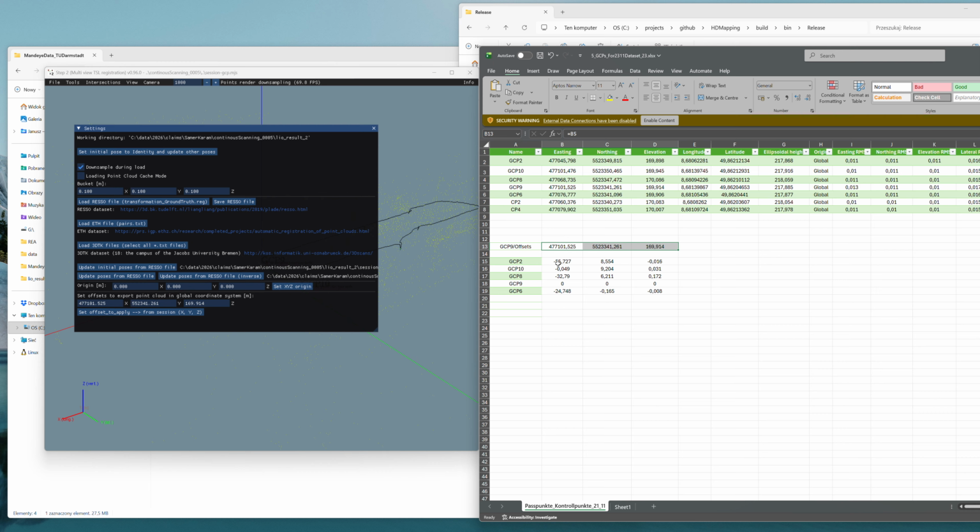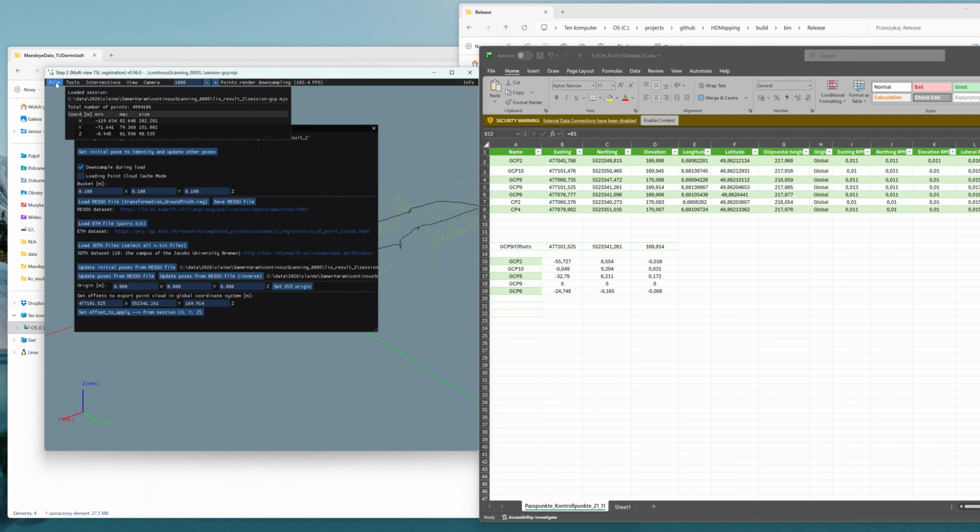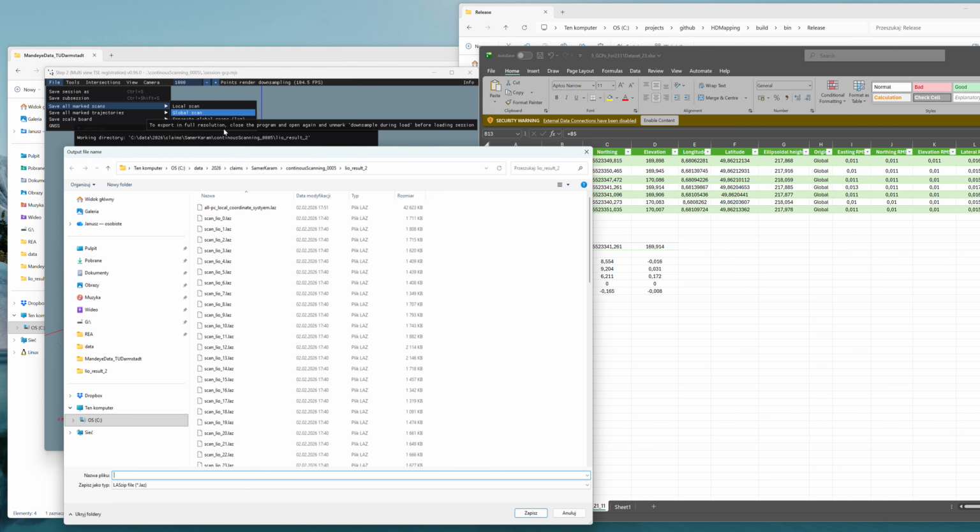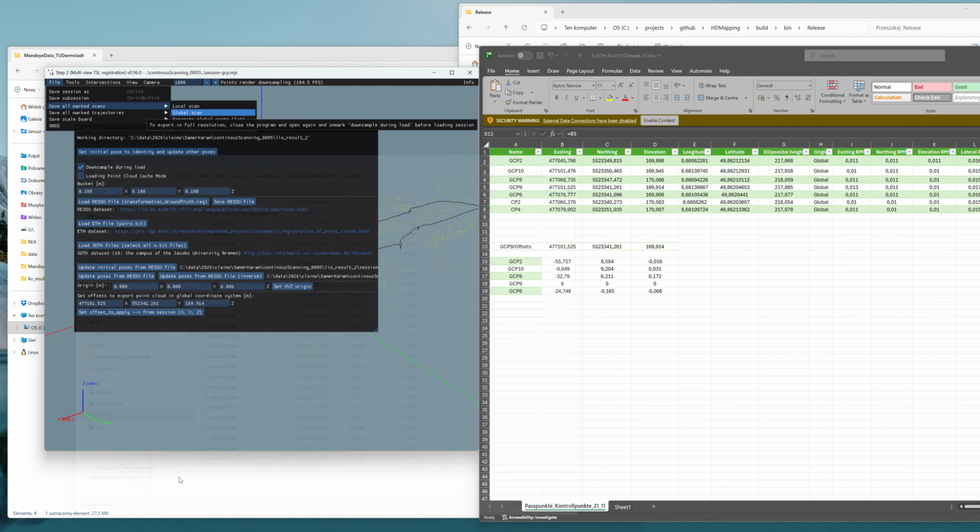So once we export, now save all marked scans as a global scan, all PC global,